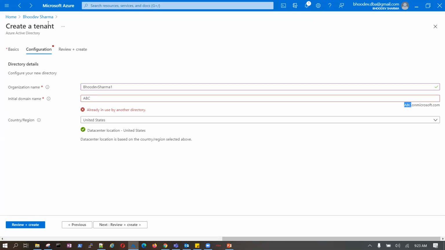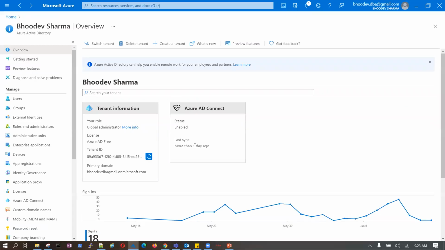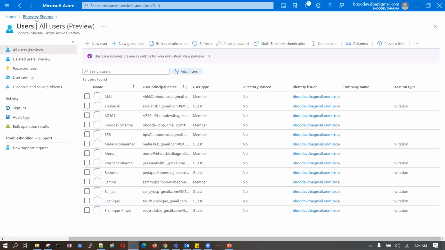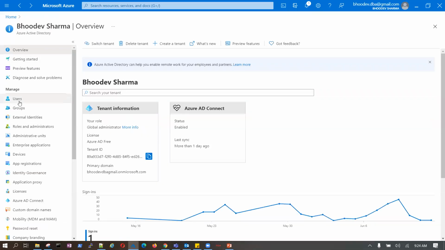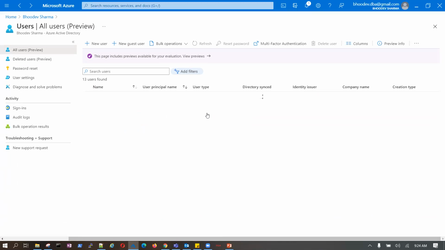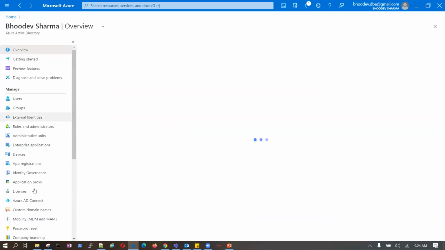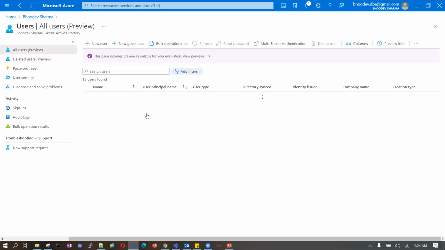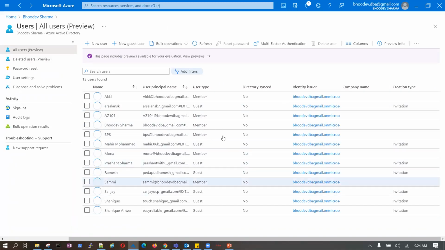But if you want to use your on-prem directory or Microsoft Active Directory, which is there in your organization, with the same users here, you can do that with the help of Azure AD Connect. The moment we connect and sync, without creating any user, all the users will be shifted and synced here. Got my point? So it depends on how we want to use it.